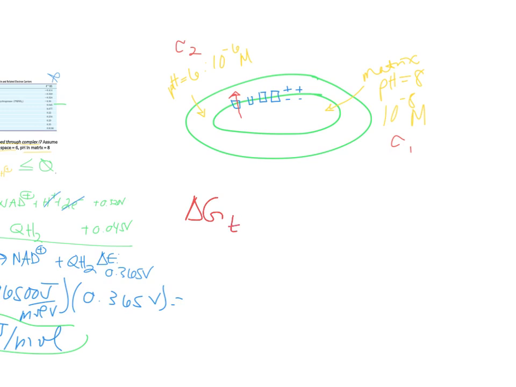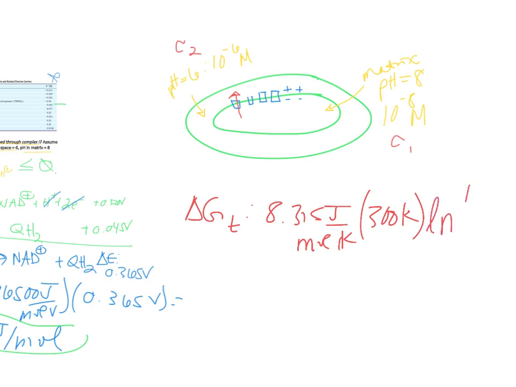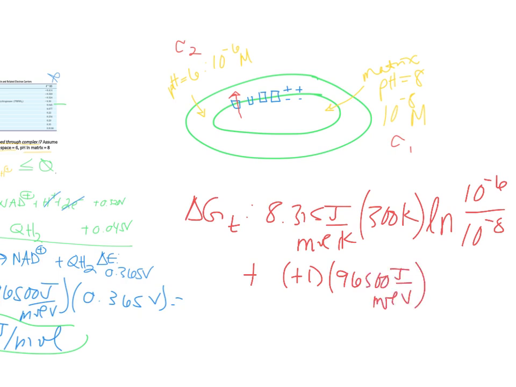Delta G of transport of one proton is, again, you have the equation off to the side, 8.315 joules per mole Kelvin. I gave you the temperature as 300 Kelvin, and then it's natural log of C2 over C1, so 10 to the minus 6 molar over 10 to the minus 8, and then we're going to add that to the second part. The charge of a proton is +1. Again, we have Faraday's, 96500 joules per mole volts,